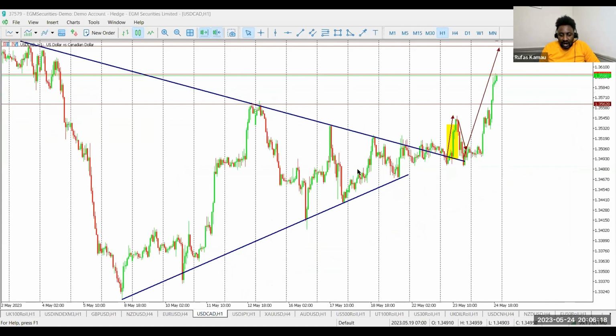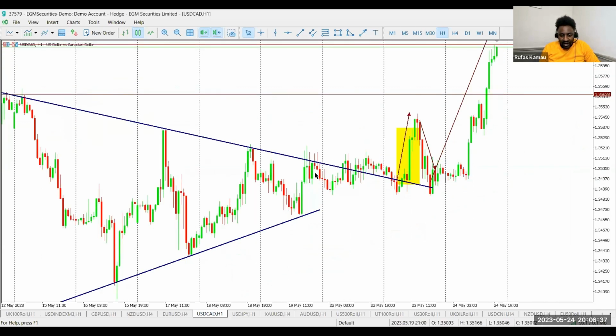Notice how the sizes of the candlesticks are relatively big. Here they are small, but on the big moves or the impulse movements, we notice that the candlesticks are much bigger. And then as we approach the junction between the two trend lines, the candlesticks really get small. If you focus on this area here, you'll notice the indecision in the market where we don't yet seem to see or identify a big